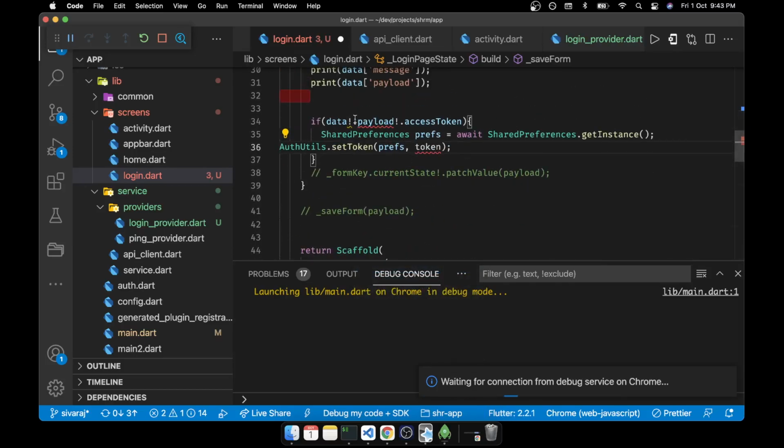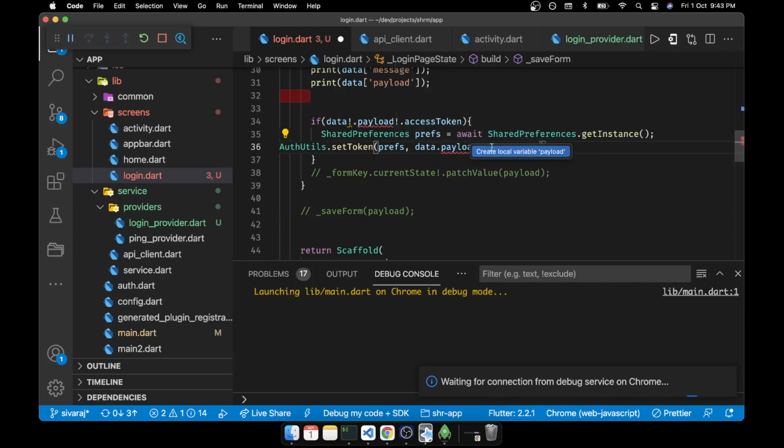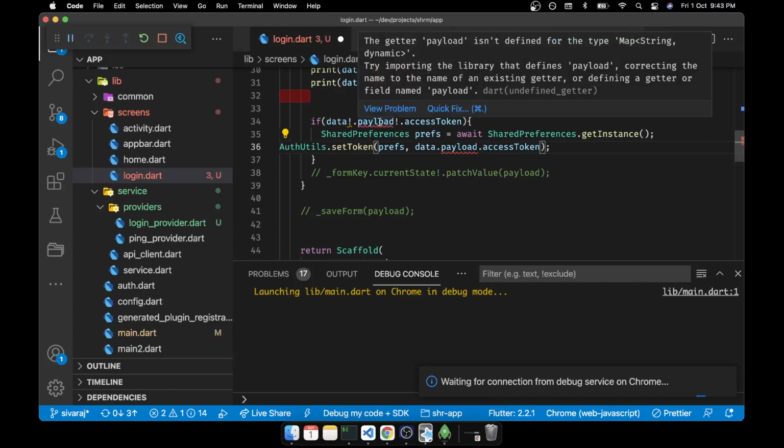So instead of token, what is our token? So this is our token. Payload is defined as type Map of dynamic. Try importing the library that defines payload, or correcting the name.